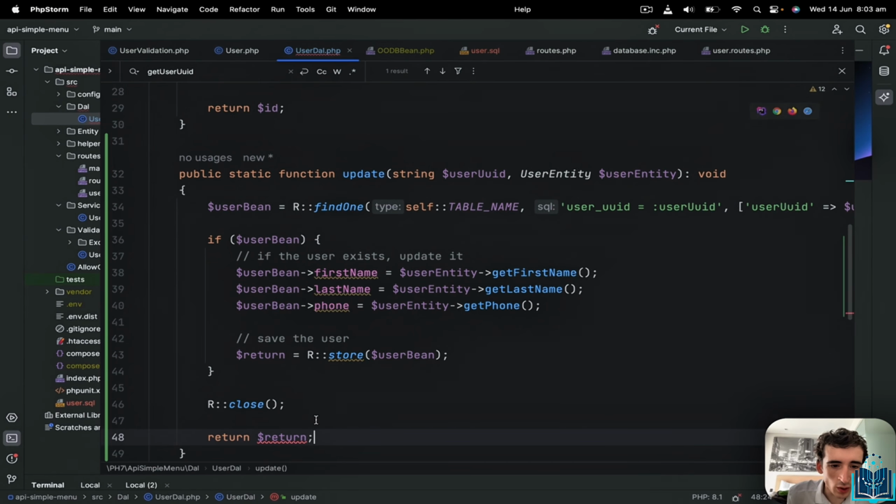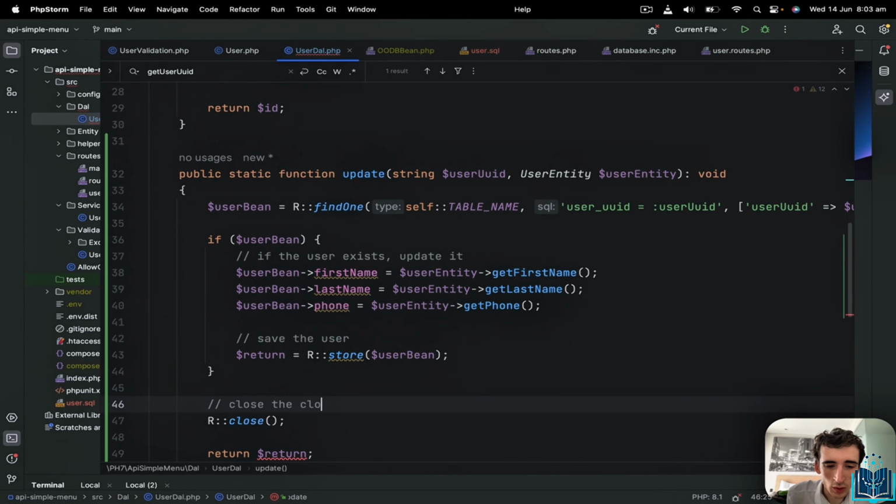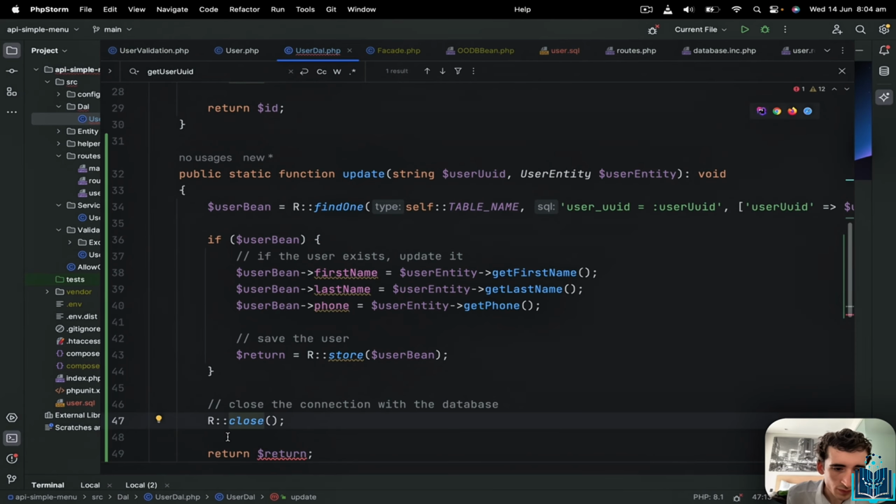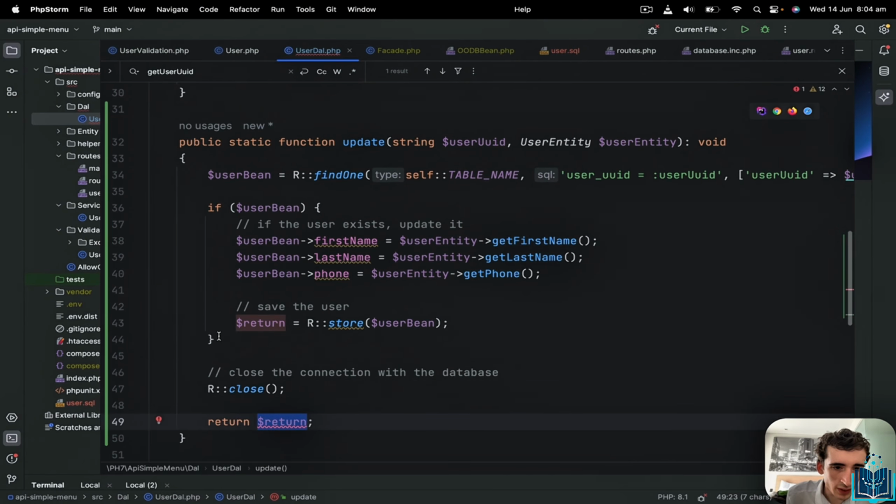So we still close the connection with the database. Although you don't really have to do this, but it's always nice. And then yeah, return actually will,